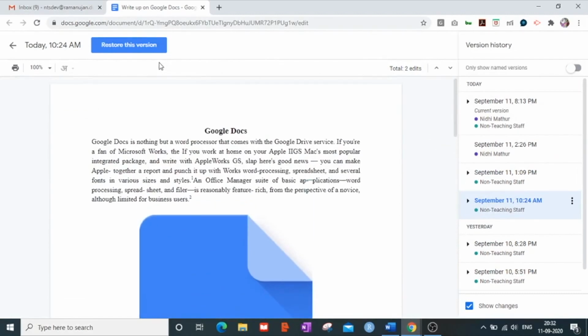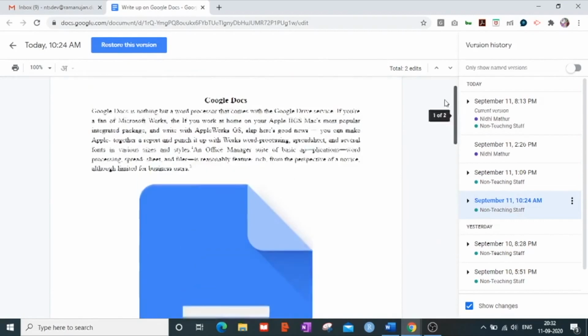Also, you can restore a particular version. Let's say if I am the owner or I am a user of a particular document and I do not approve of a certain change. I click on this restore button and all you can see is the version that was previously available at so and so time.